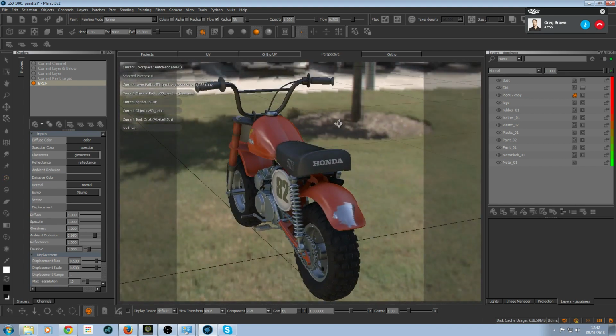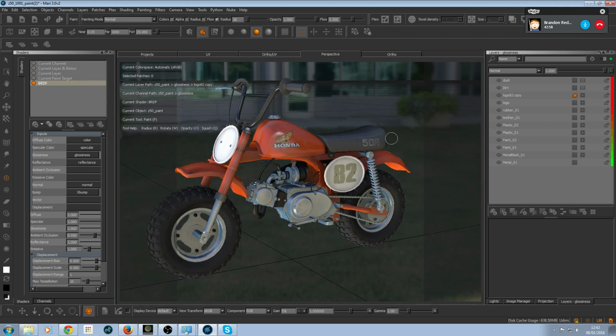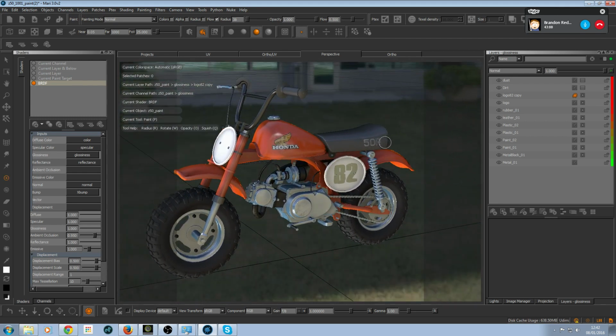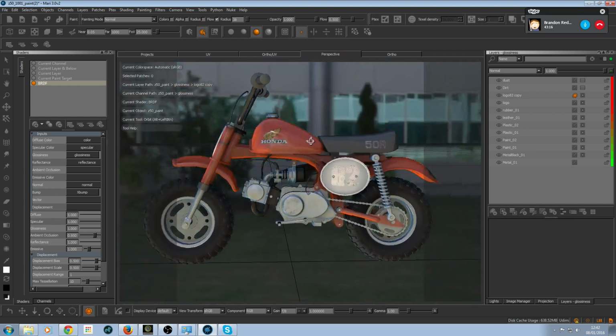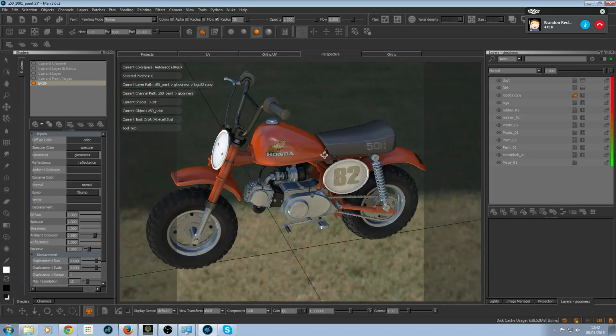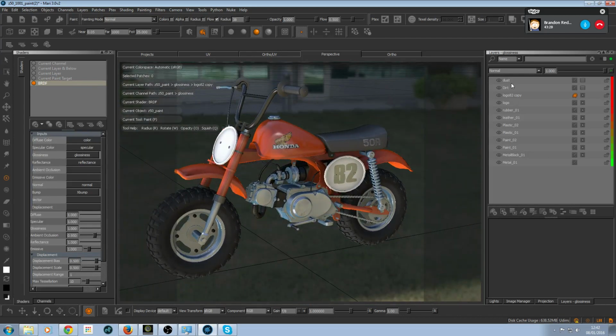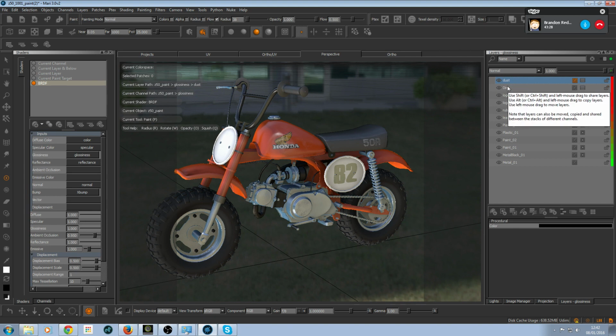So once I got a little bit of paint there on the back bumper, and once we had all the other two logos on the bike and all the other parts done essentially exactly the way I just did the 82. The seat was the same way. The tank, the rubber tires, the handlebars, the grips, and then even the plastic pieces, if you will. Actually, it doesn't look too bad. It's kind of cool. But if we wanted to add a little bit of dust to the bike, kind of weather it up a little bit,